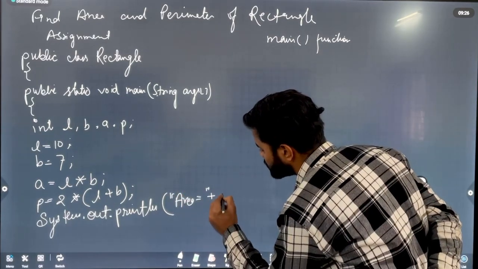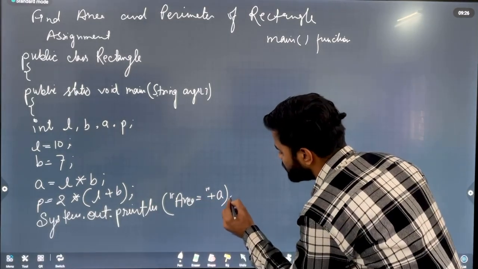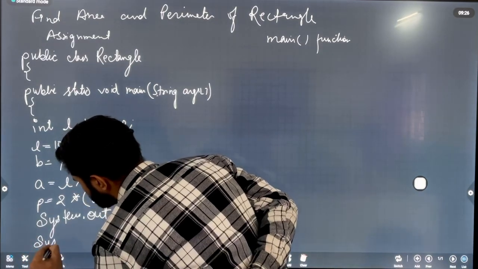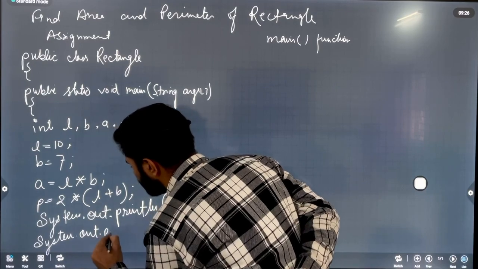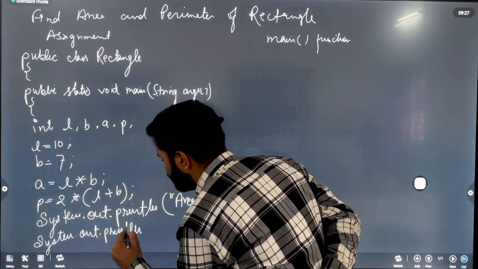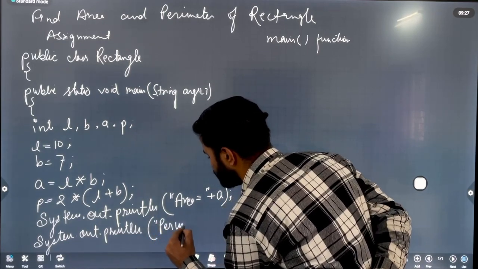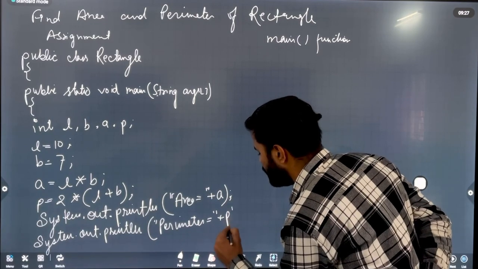After this plus A. Then semicolon. After this we will write System.out.println, and then perimeter.